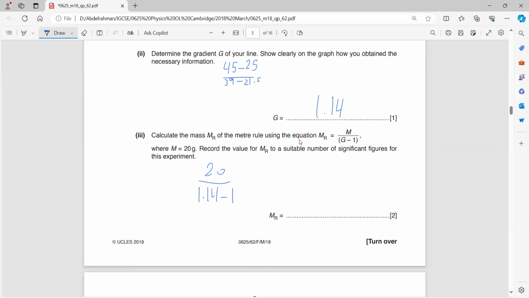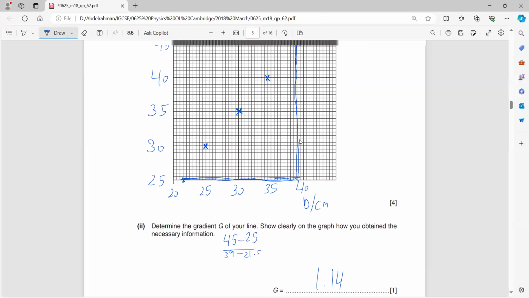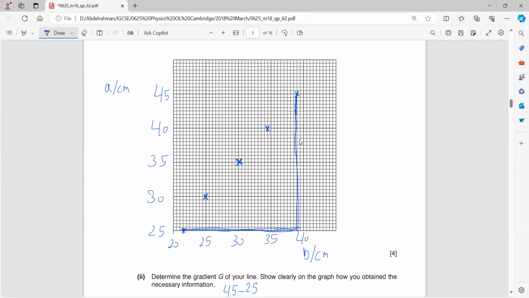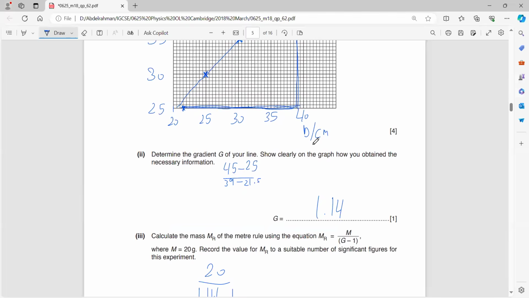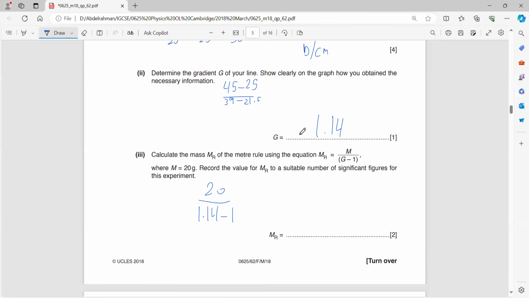Okay, in your answer, the line should be there. You should have the straight line, which is the line of best fit, and you have to have the triangle. If you do not draw the triangle, or if you remove the triangle, you might lose a mark. So just keep it as it is. Okay, 20 over 1.14 minus 1 would give me an answer of